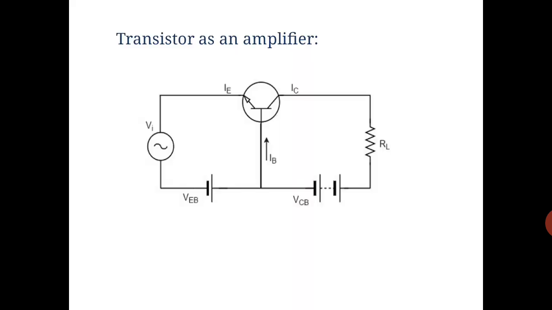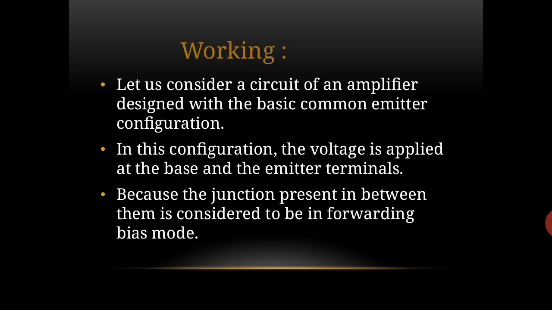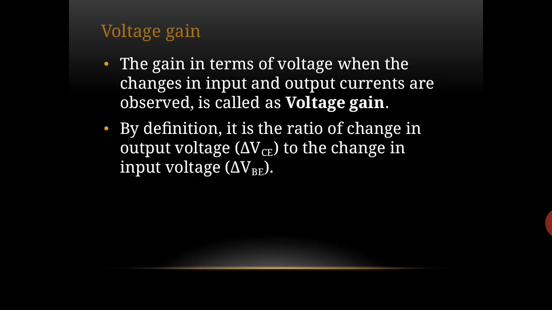Now see, this is the circuit diagram. What happens actually is that the input voltage provided to the emitter base will be a weak signal, but by the amplification process the transistor helps us as an amplifier. What does amplify mean? Amplification means it increases the intensity of the input signal, meaning we will get some extra strength of the input signal.